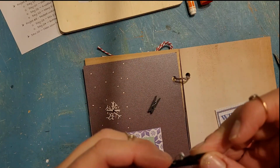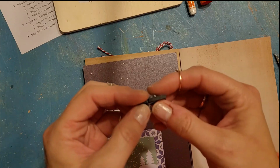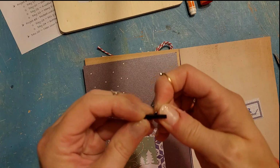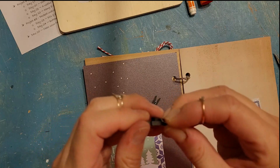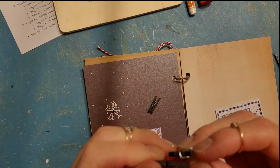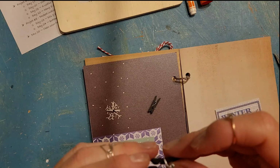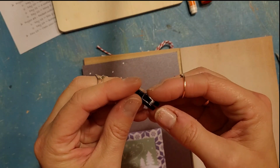You can fix these, though. If yours does this, you just got to get that thing back up under there and in that notch. Wait. Make sure you got the right notch. That's the clippy part. Yeah. So you got to get,